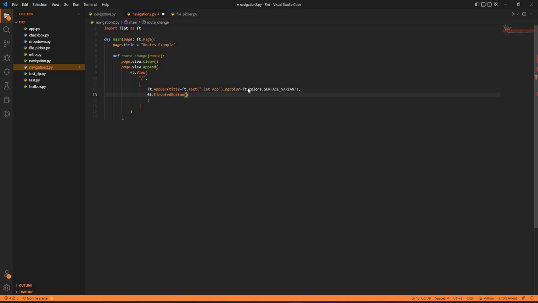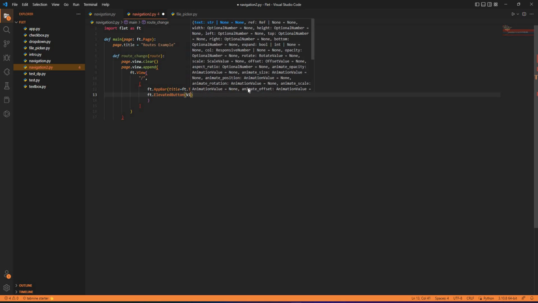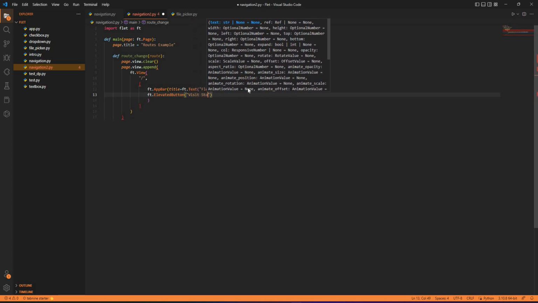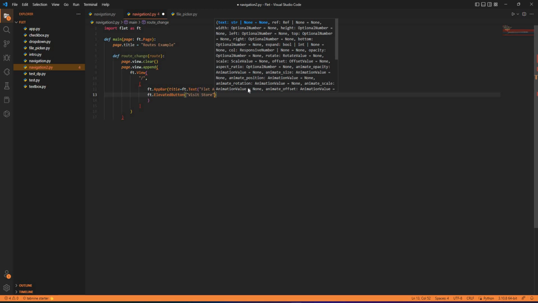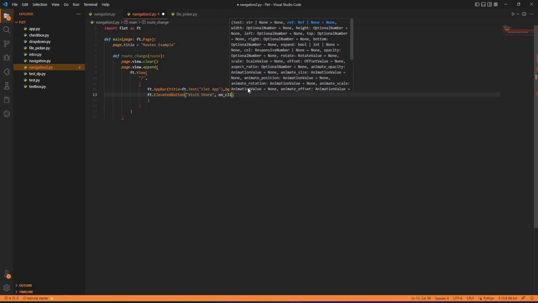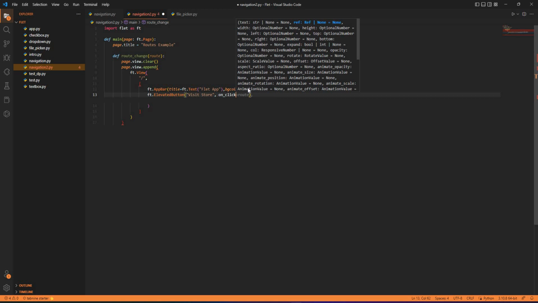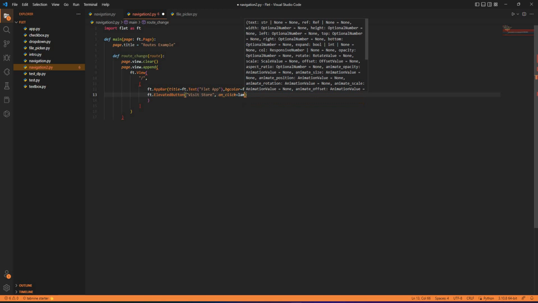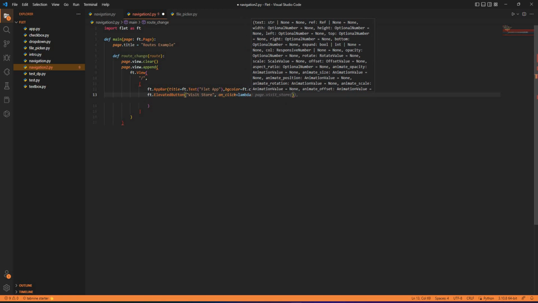Now what this button will do is it will help us migrate between the pages. So this button's name would be visit store, or we had used go to store. Now on click, what will this on click do? So when I click this, it will take me to that. So I'm just writing a lambda function here, lambda,